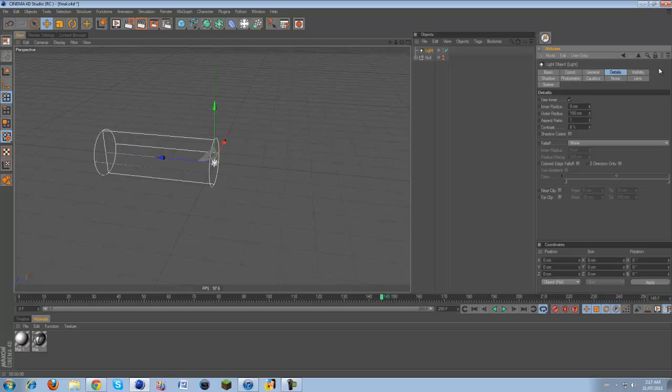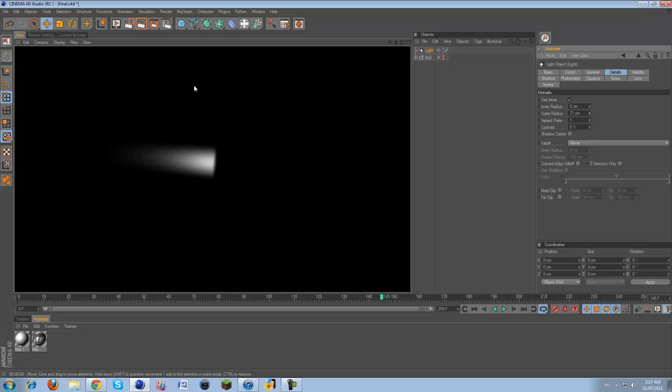Now, if you come into details, there's inner radius, which is 0, and outer radius. You can lower down the outer radius to like 71, because we don't need it that big. If you want a massive jet thruster, then you can change this, but just for now I'm lowering that down. And then where the real magic happens is in visibility. When we come in this tab, we see a whole bunch of different settings that we can change, and it says use edge fall off. Edge fall off 50%. You're going to change that to 100%,